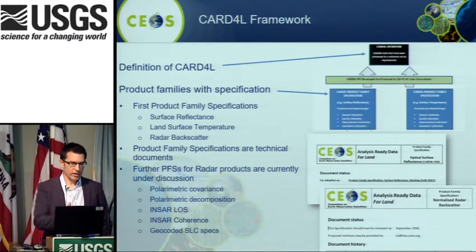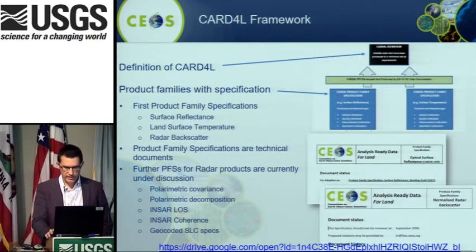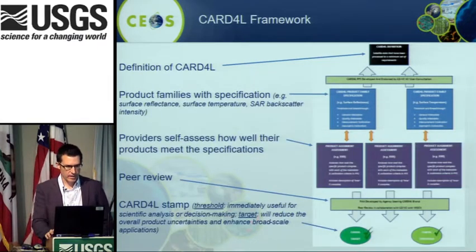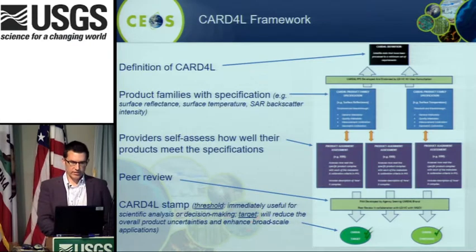So there's one radar product that's been worked on and developed so far, and these additional products are currently being developed in order to try and bring out some of the other aspects of radar products that are perhaps more complex for these less expert users. I put the link up there so you can go and have a look at those documents. So the product family specifications are defined.